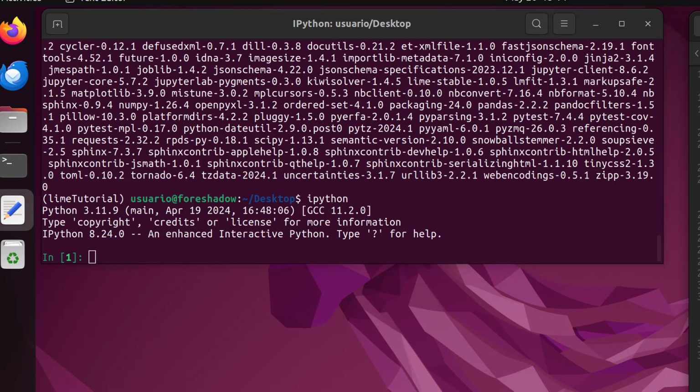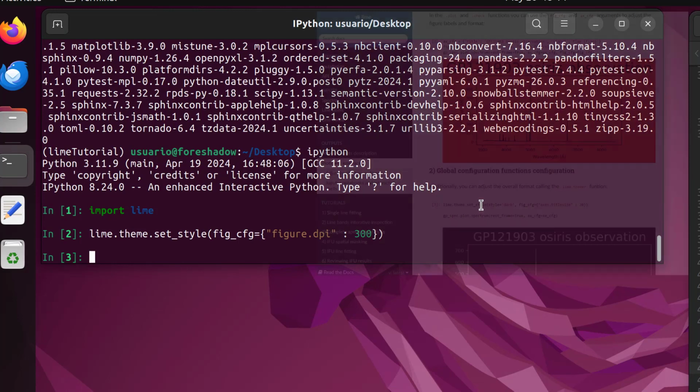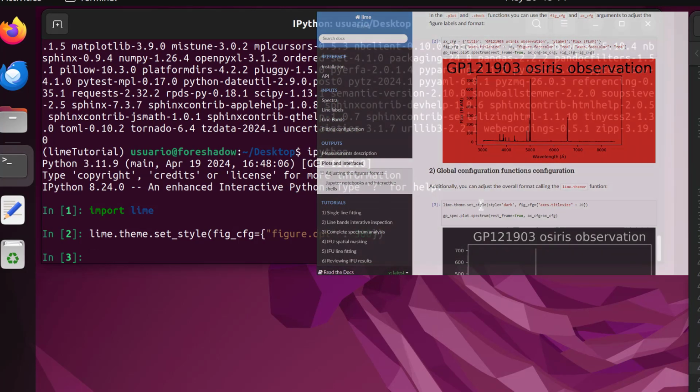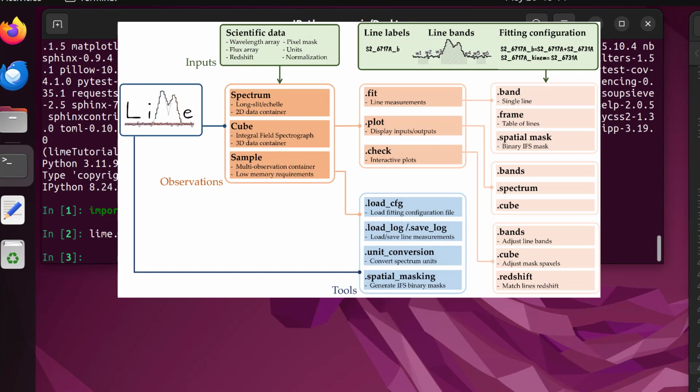Let's start by importing LiMe. Since in this screen the default plots may look a bit small, we're going to increase the resolution. You can read more on how to personalize LiMe plots in the documentation, and at this point we need to create an observation variable. LiMe has a composite software design. At the highest level, we define observation variables, which contain the scientific data. From these objects, we can access the .fit, .plot, and .check attributes, which provide the fitting, plotting, and interactive functions